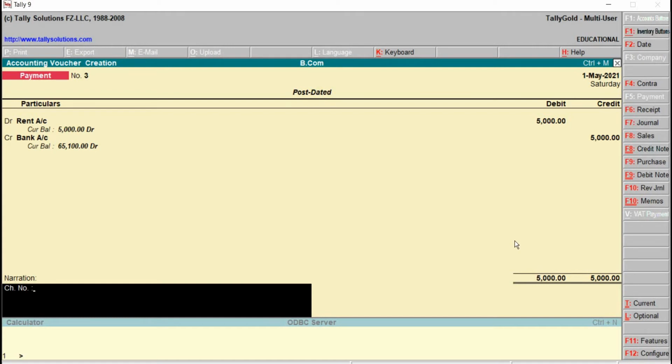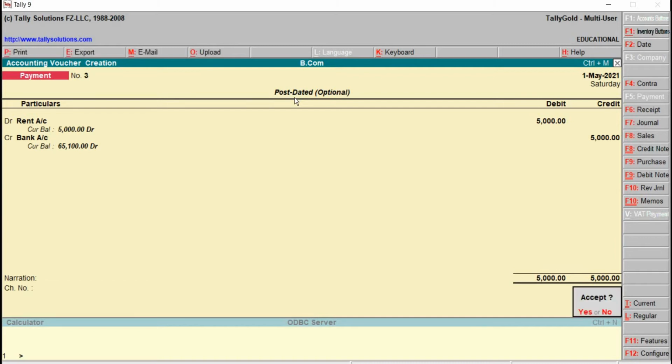We can mark both post-dated and as well as optional also. Can we see here at the center we have marked this one as optional and as well as post-dated also, right? The same way, accept? Press Y from the keyboard.